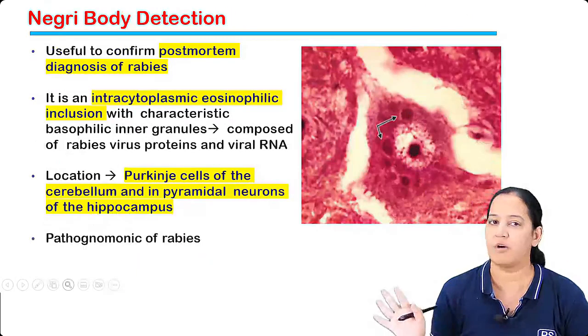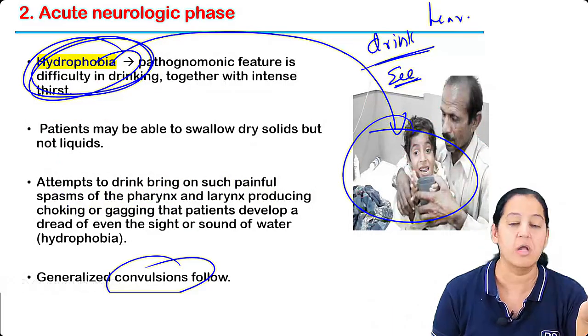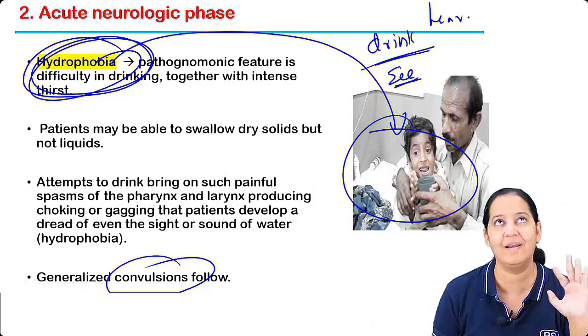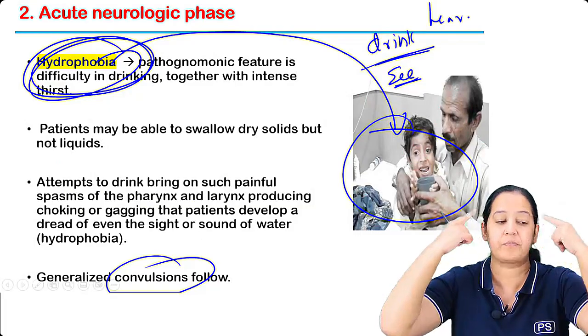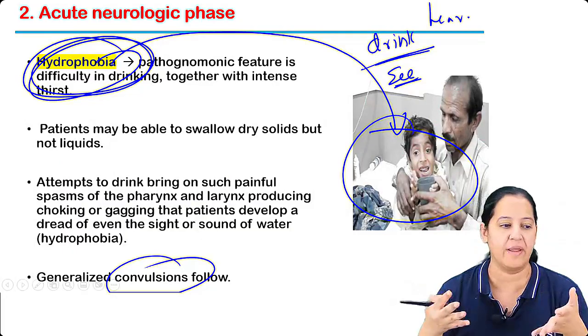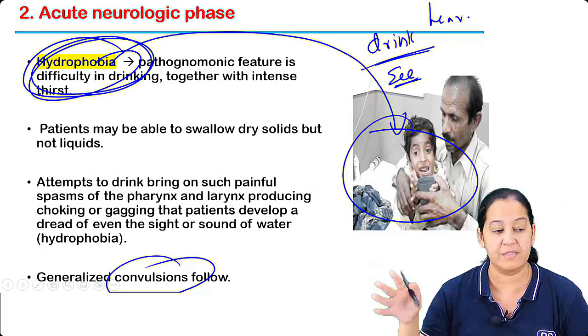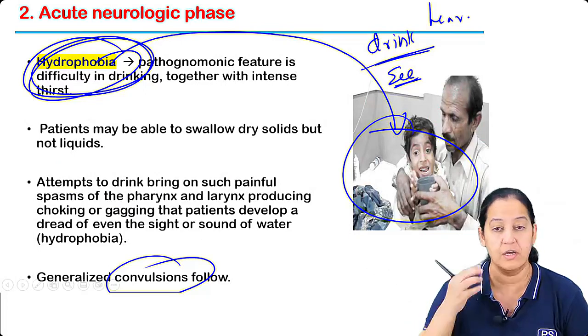There is no treatment of rabies. Only symptomatically do you give the treatment. Sometimes you can save the person, sometimes you cannot. Most of the time you cannot. It's a deadly disease. The cerebellum is gone, the hippocampus is gone. The patient has severe hydrophobia. Symptomatically you try, but there is no firm treatment that we can say. There is no treatment of rabies, but rabies is preventable. Got it? Rabies is preventable.